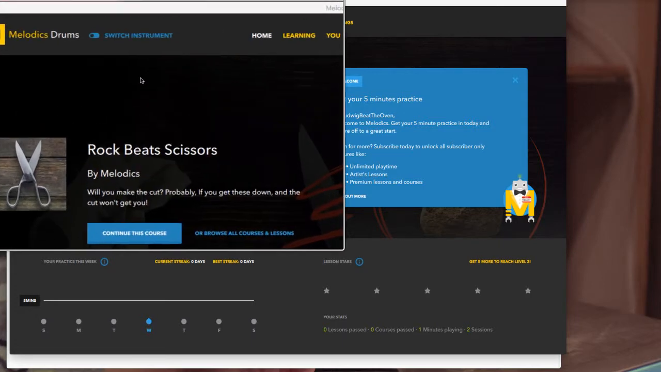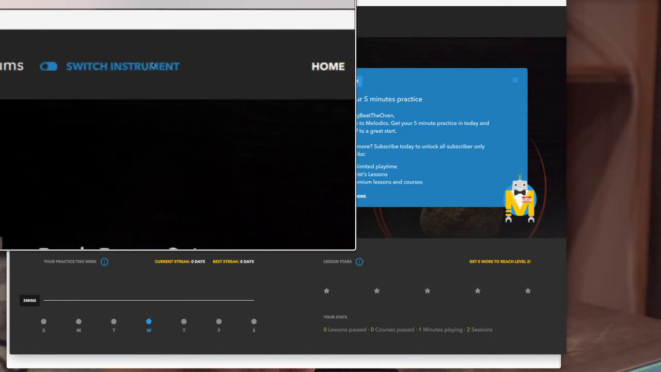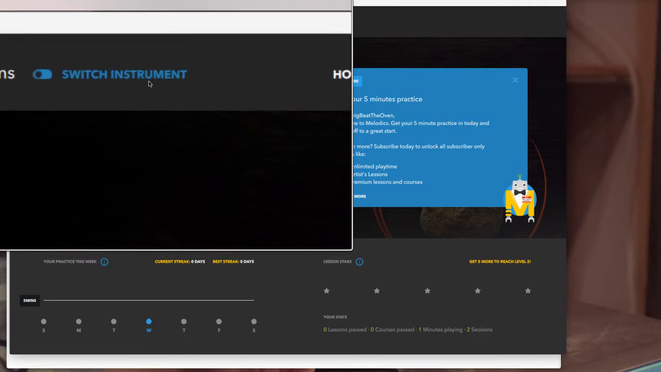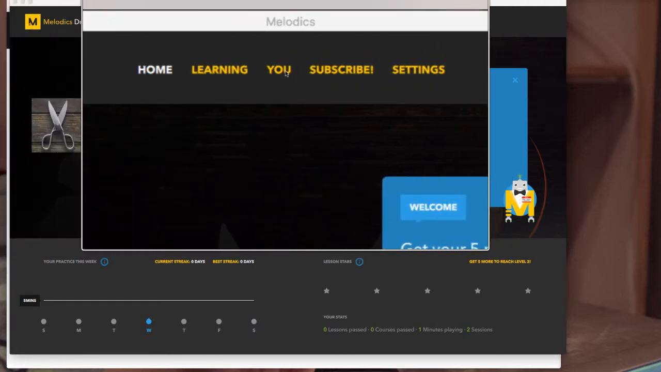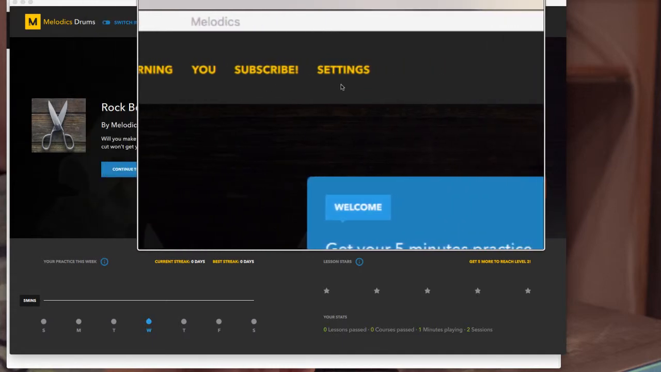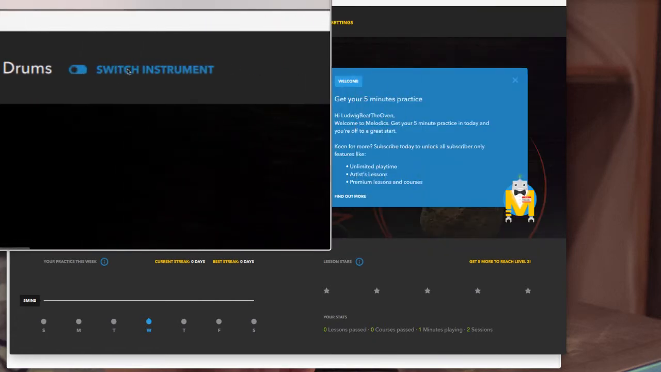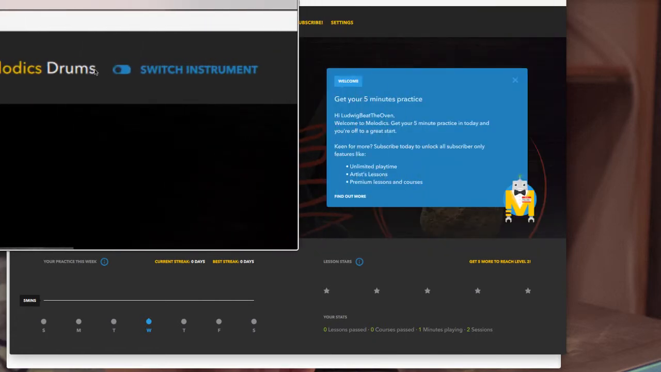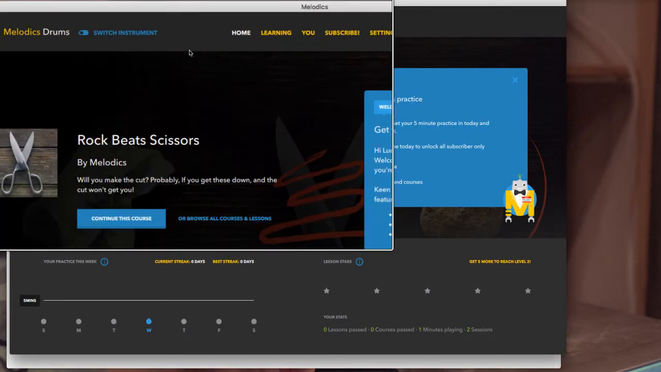Okay, so anyway, when you want to switch your instrument anytime, you can do this in the free mode, or if you're subscribed, or anything. You can switch your instrument and try different lessons. It's up here at the top. You've got home, learning, you, which is kind of like your profile page, subscribe if you haven't subscribed already, and then some settings. But up right here at the top left, we're in drums right now, and then it's got switch instrument. So you just click that, and then